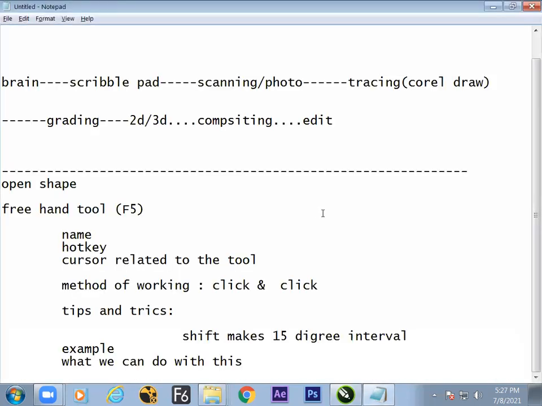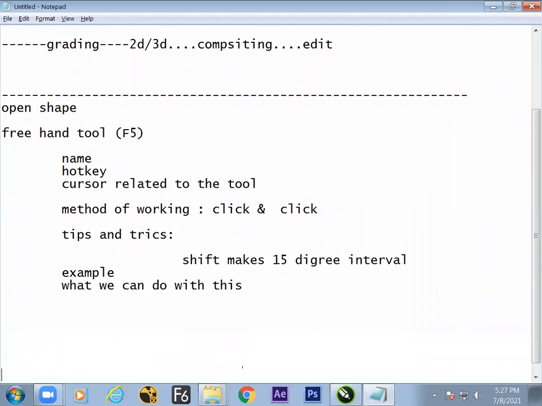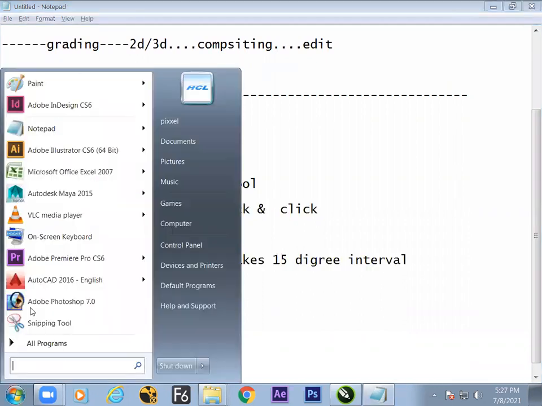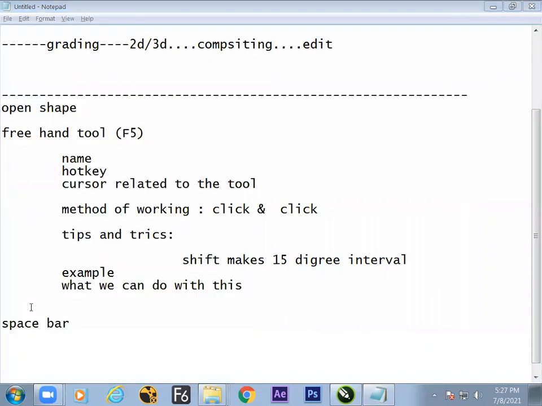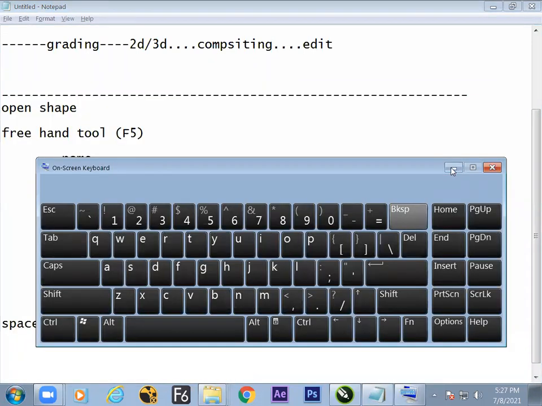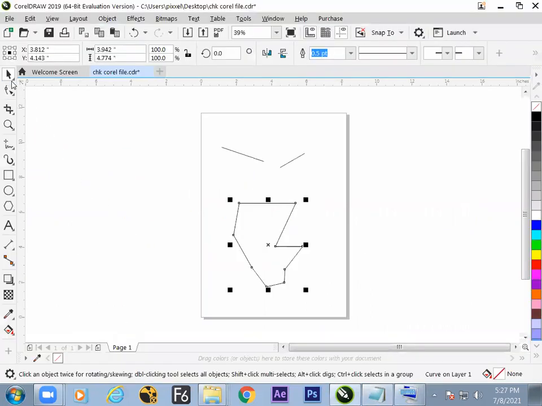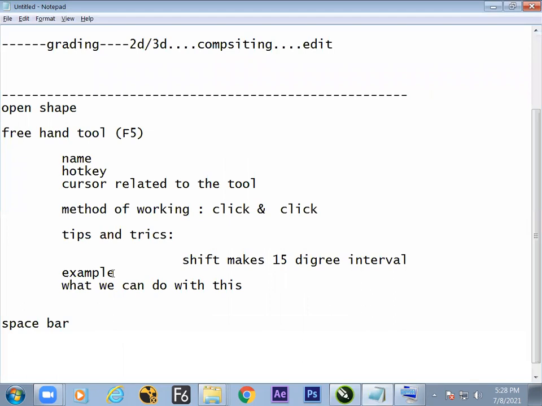What is the next hotkey of the day? After the freehand, yes, we'll be working on this. But meanwhile, we have understood the next keyboard shortcut is space bar, the biggest key on your keyboard, right? Space bar. It will activate the pick tool. Can you see on your screen on the top? Pick tool. As if like in Photoshop, we do have a move tool, right? It allows you to move the object exactly the same way CorelDRAW has a tool called pick tool.